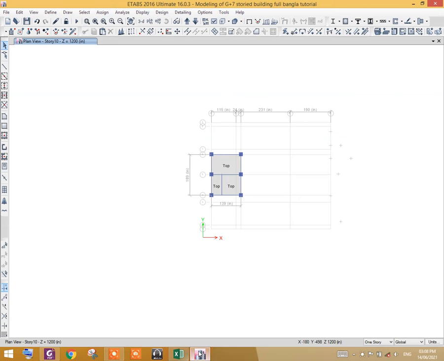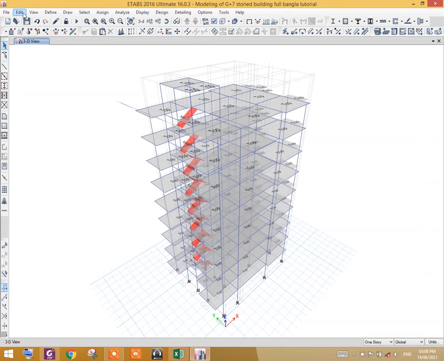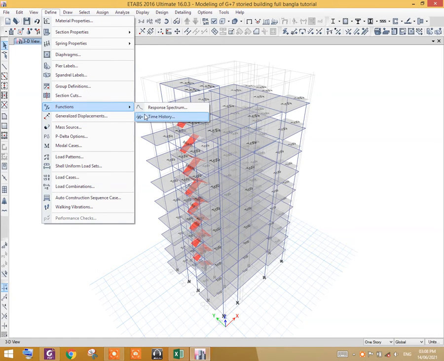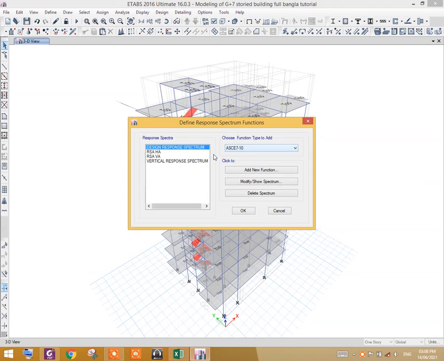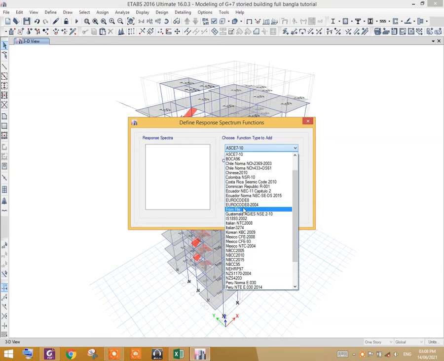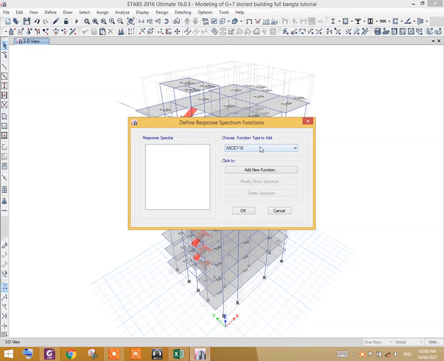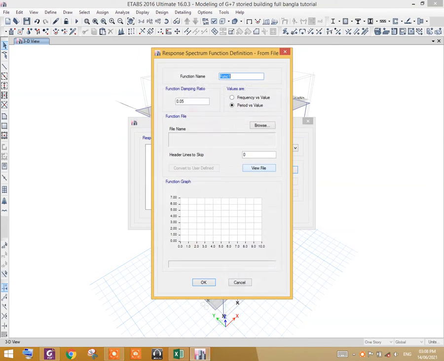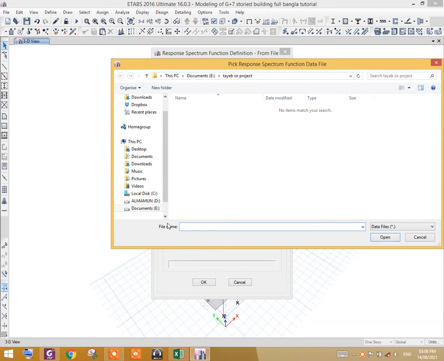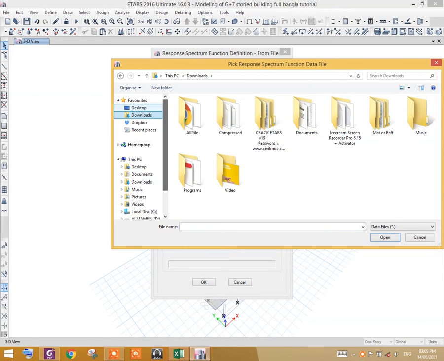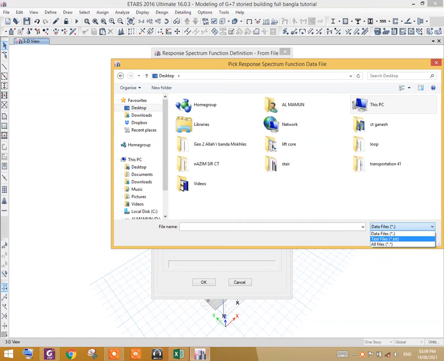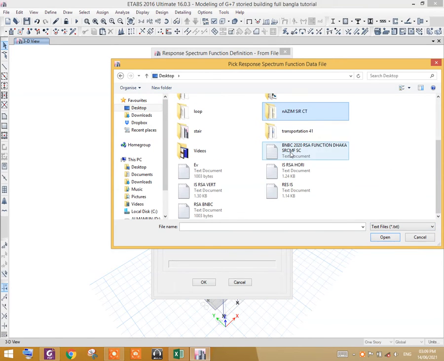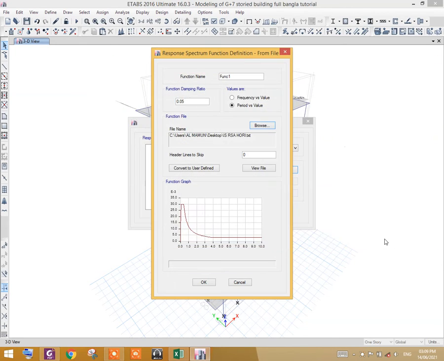Now go to Define, Functions, Response Spectrum, and here choose the function type to add as From File. Add new function, browse to the desktop, set the file type as text, and select IS RSA horizontal.